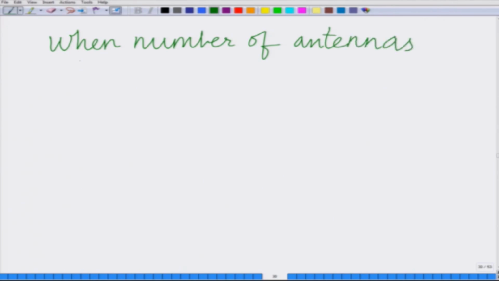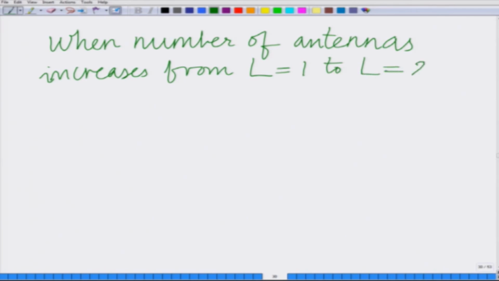So as the number of antennas increases from L equal to 1 to L equal to 2, SNR required